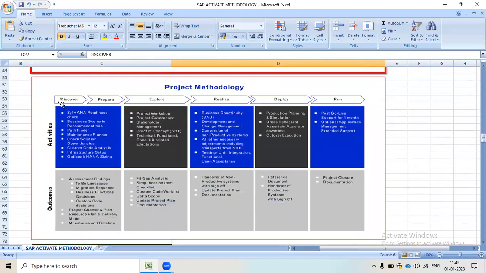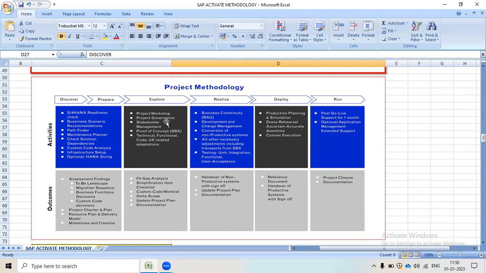In the discover phase, which activities will happen and which activities will be done by the consultant? SAP S/4HANA readiness check, business scenario recommendation, pathfinder, maintenance planner, check solution dependency, custom code analysis, infrastructure setup, and optionally HANA sizing. You can see the outcomes here; these are the outcomes you will get in the discover and prepare phases.